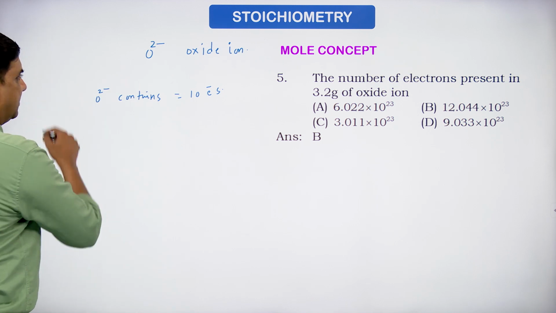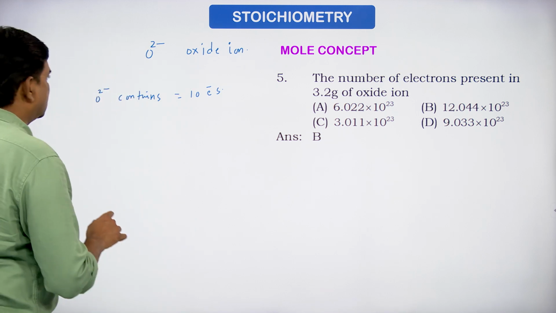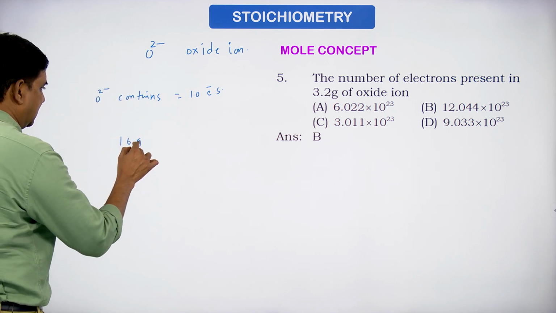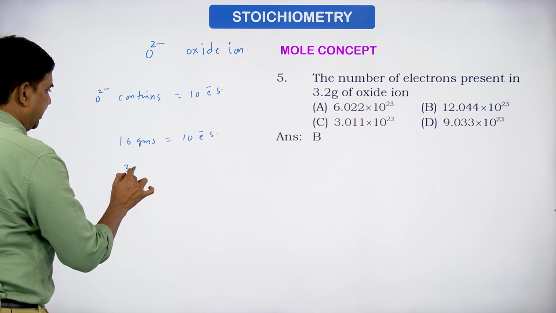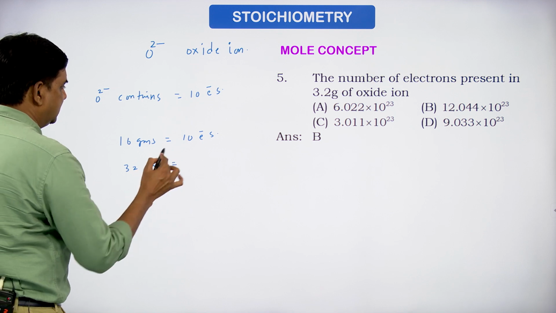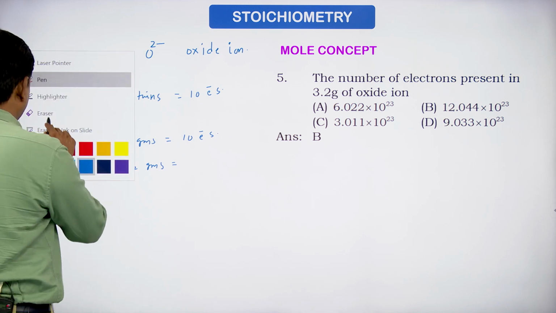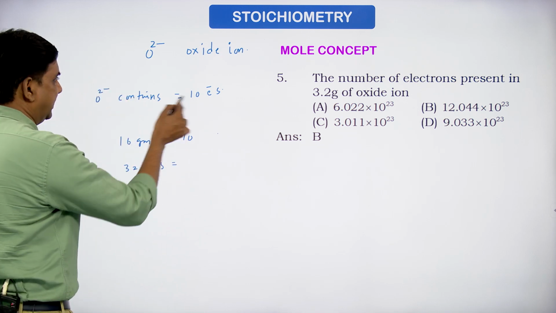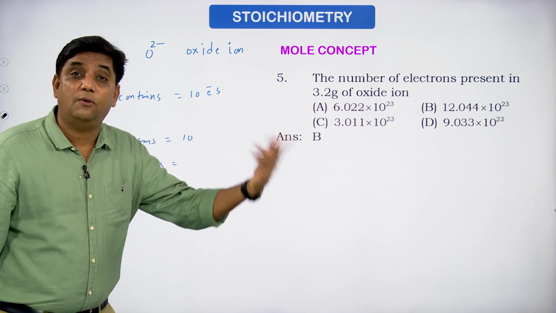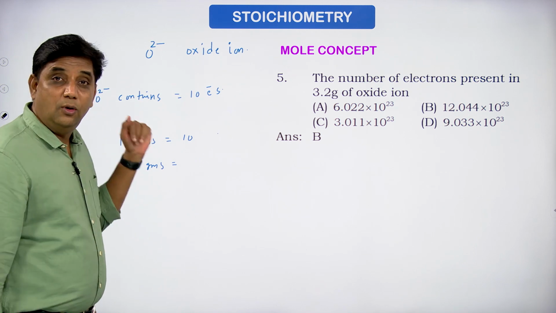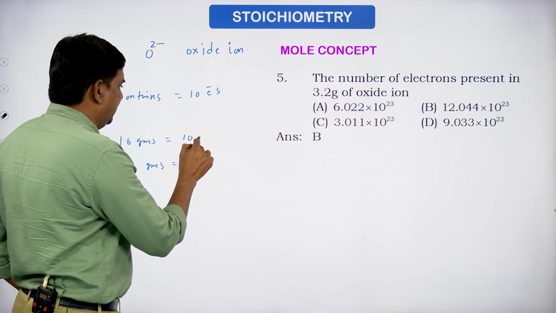And what is the mass of this one? 16 grams only. Oxygen atomic weight is 16 grams. So, 16 grams contains 10 electrons. 32 grams contains, 10 electrons means 10 moles of electrons. We can say like this: 1 O2 minus ion contains 10 electrons, and 16 grams is the mass of 1 mole of O2 minus ions. Mass of 1 mole of O2 minus ion would be 16 grams. 16 grams will contain 10 into,